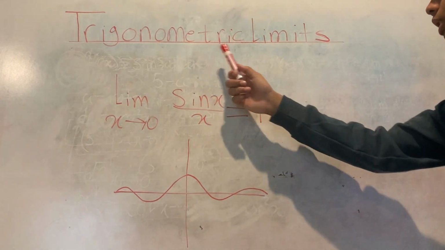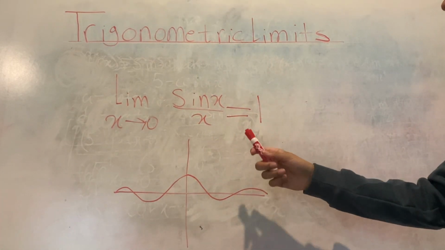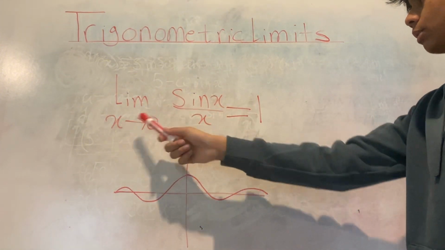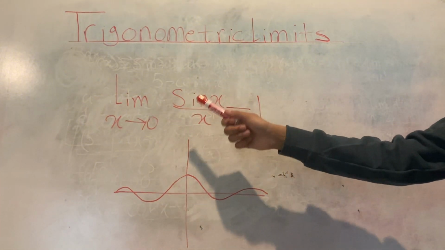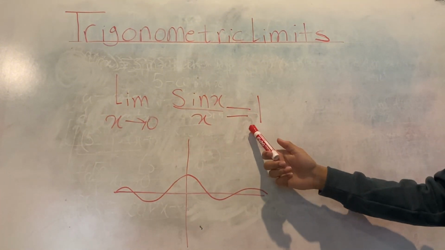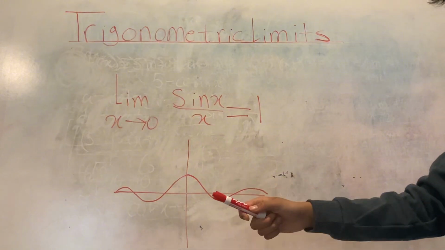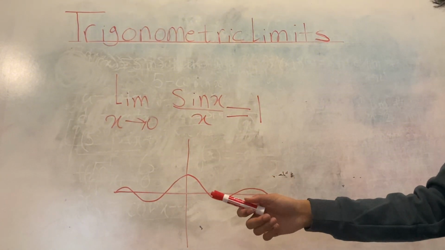Okay, so let's do some trig limits. The first one we're just going to be looking at is probably the most common one you'll see. The limit as x approaches 0 of the function sine x over x is going to be 1. Now there's a lot of ways to prove this, but the easiest way to visualize it is by